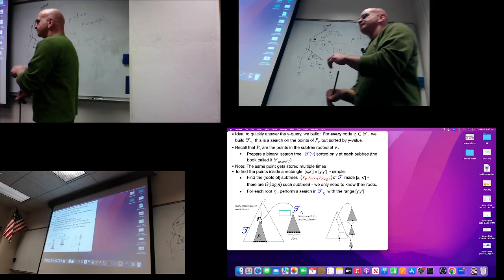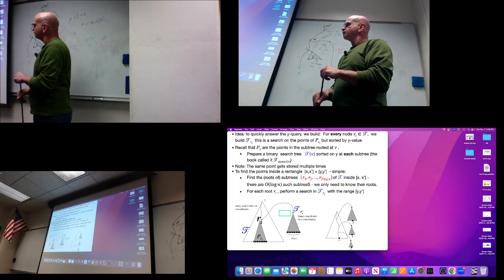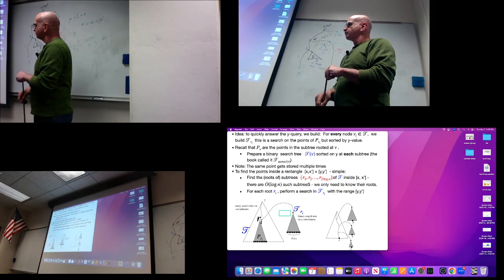Yeah. I'm kind of having a hard time understanding why, for every node we find, we are building a new subtree. Why can't we just get all of the points in the infinite strip from x to x prime, and then project, and then once we get all the points that are within that infinite strip, just take those points and build another subtree in y, and then do it in 2 log